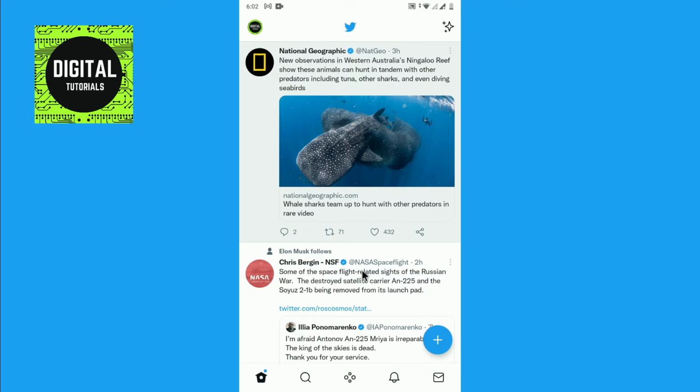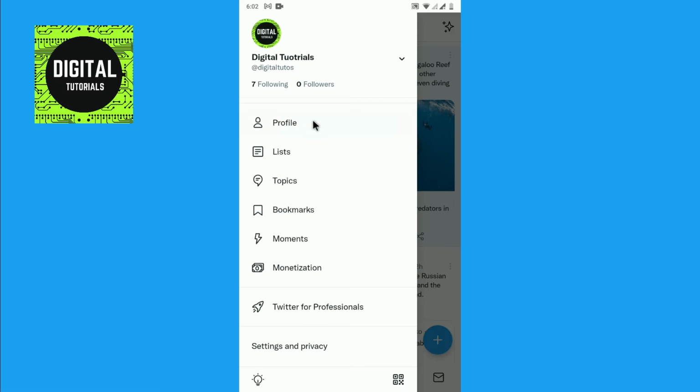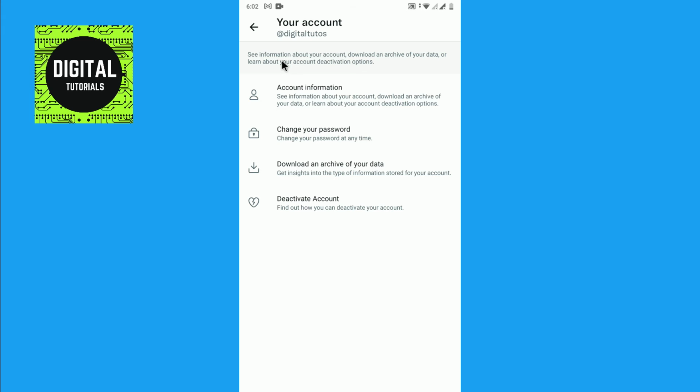So here, if you want to log out of your account, you go and tap on the profile icon on the top left here, and from here we go and tap on Settings and privacy, and from here we go and tap on Your account, and from this page we go and tap on Account information,